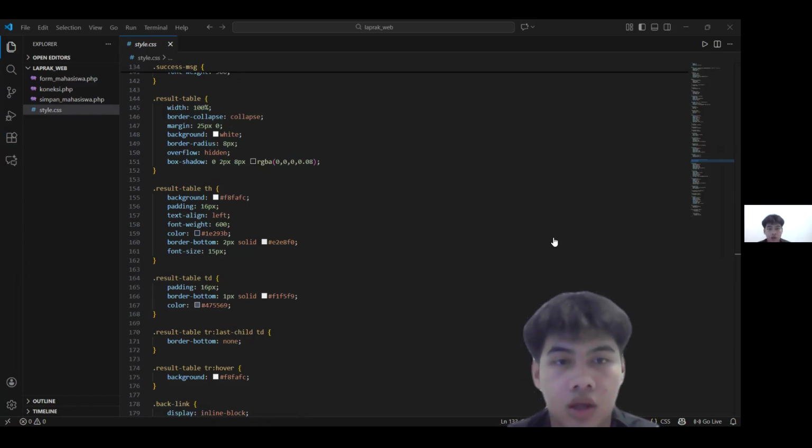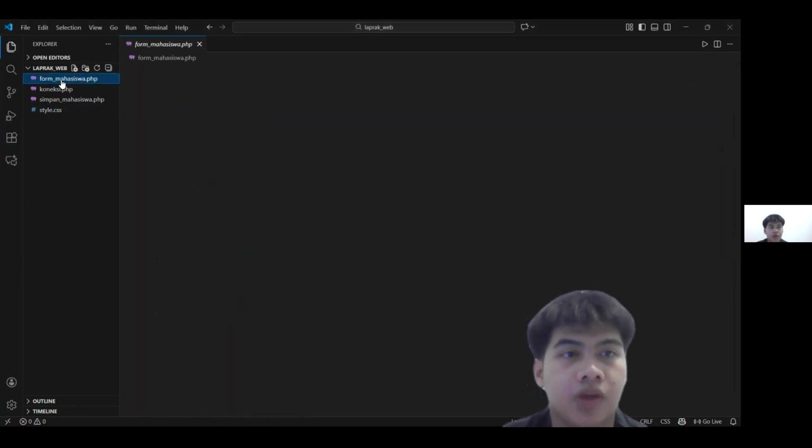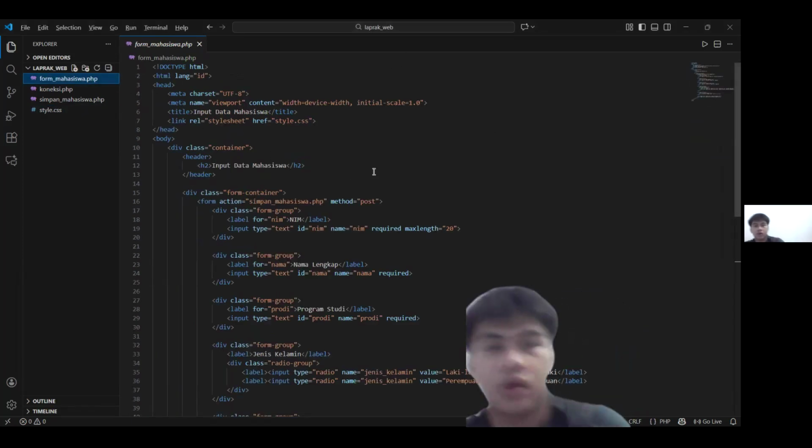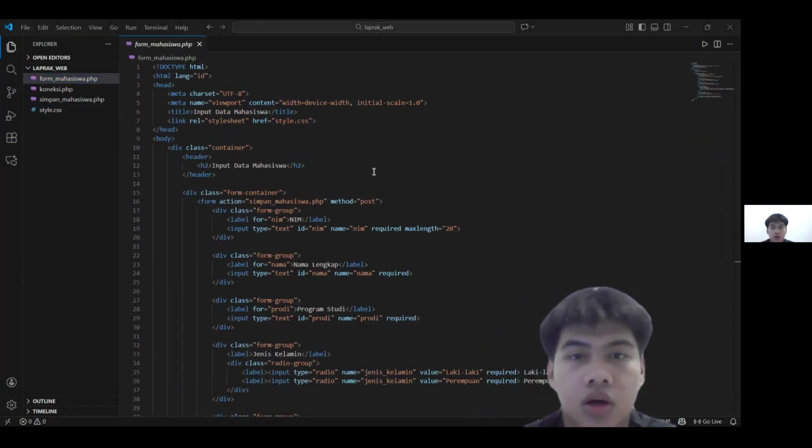Okay, now we go to the front end breakdown. Let's dive into the form mahasiswa.php. This is pure HTML with embedded styling linked to style.css. The page starts with standard meta tags for encoding and mobile responsiveness.